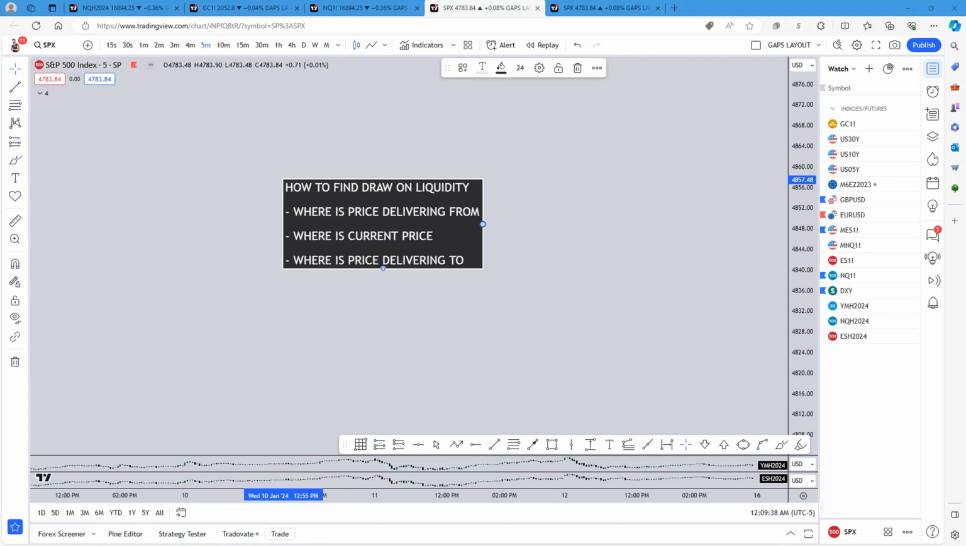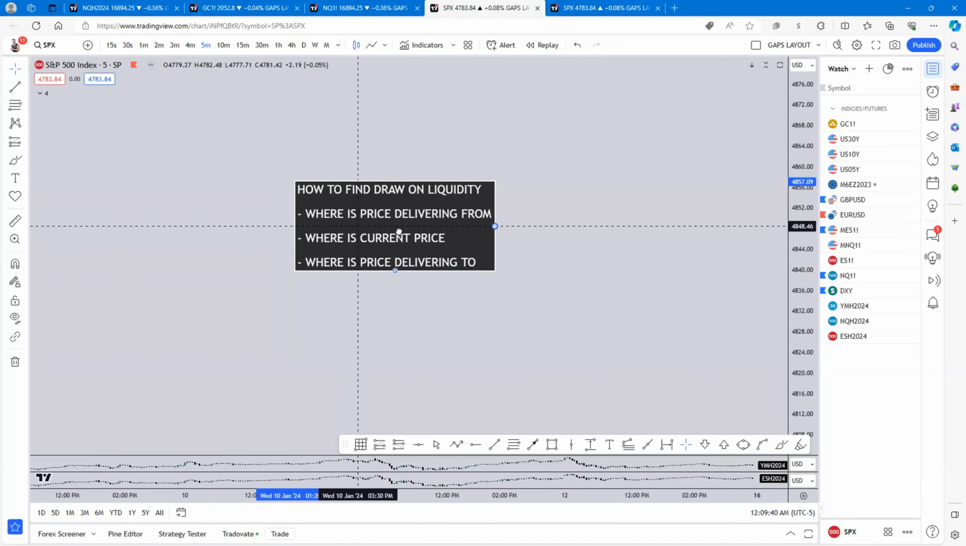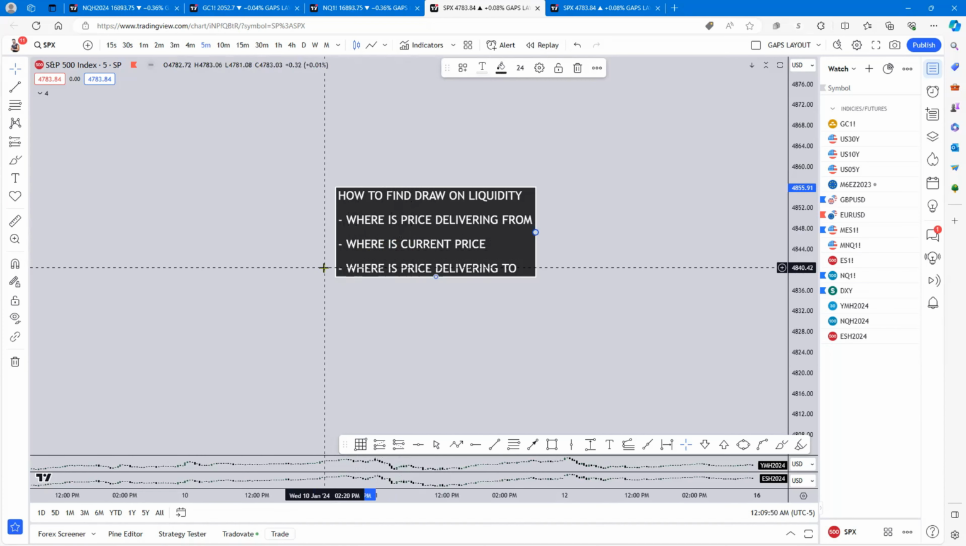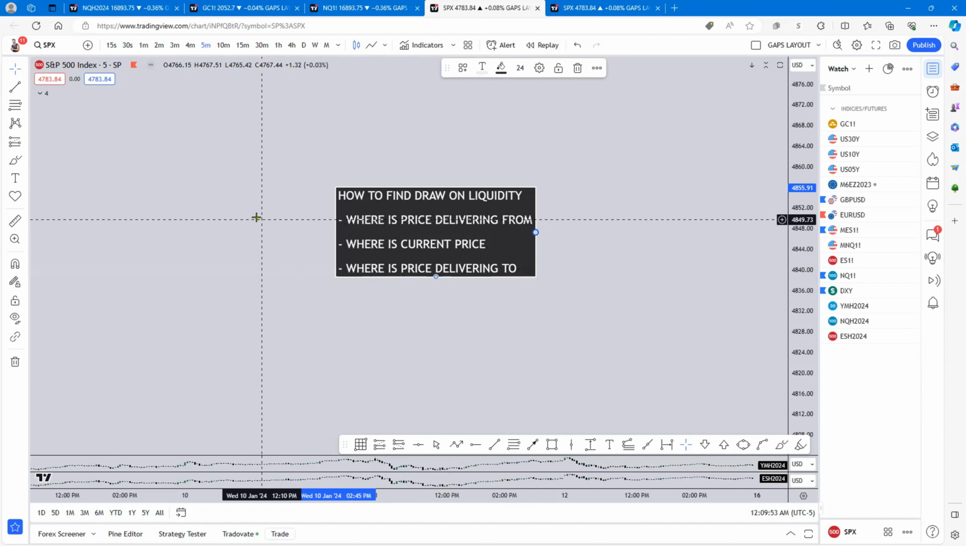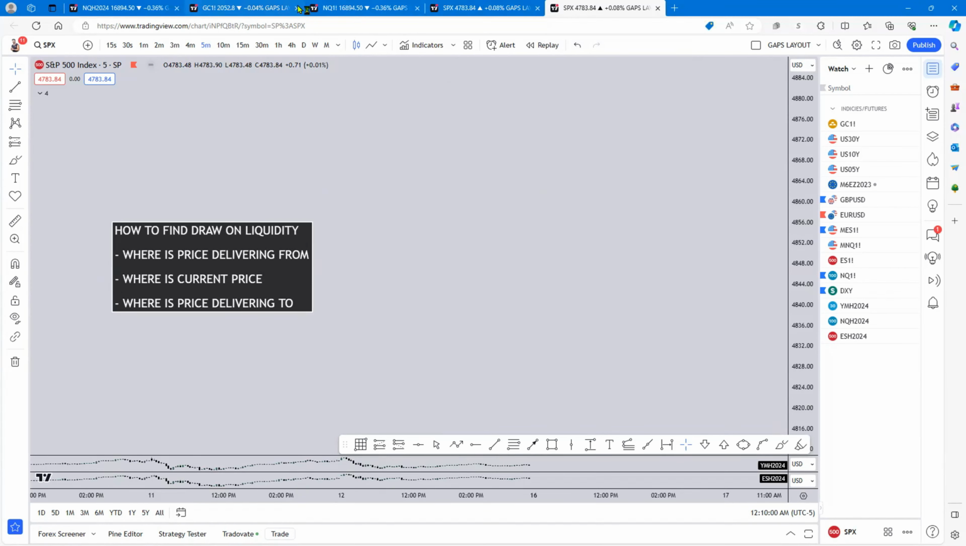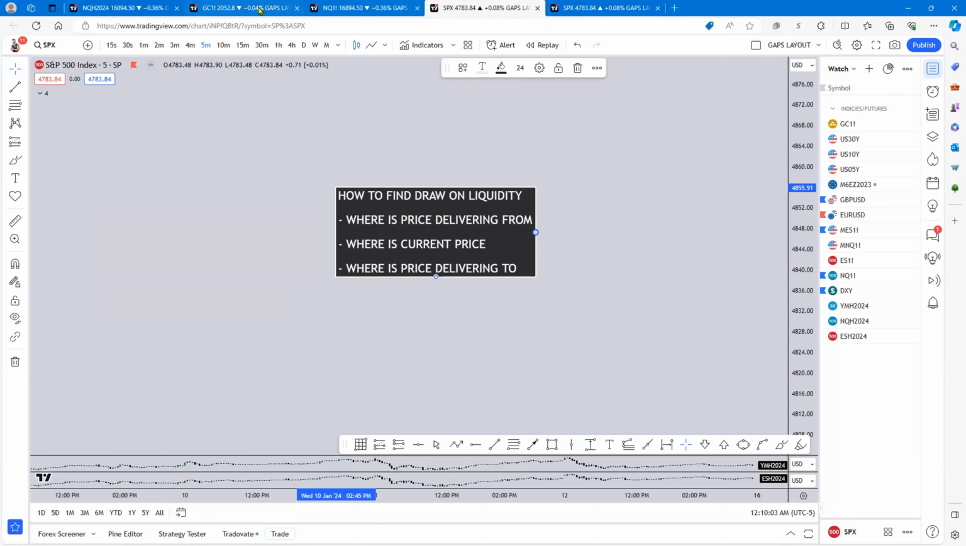Today we're going to be talking about how to find the draw on liquidity and institutional order flow. When you're looking at how to find the draw on liquidity, you want to ask yourself: where is price delivering from? Where is current price? And then where is price delivering to? Okay, so if we go on